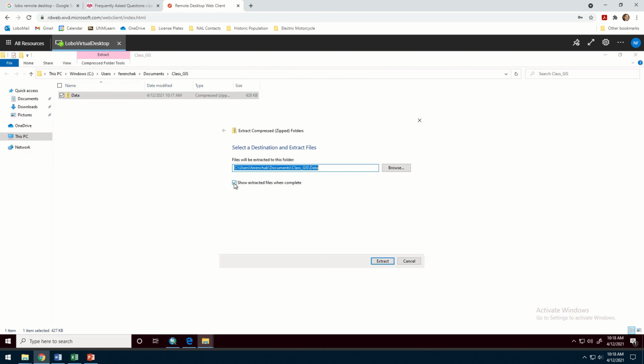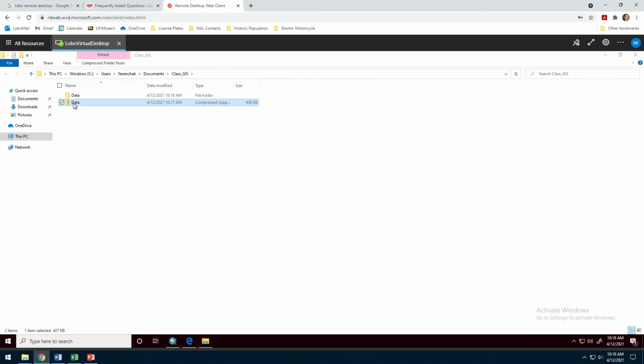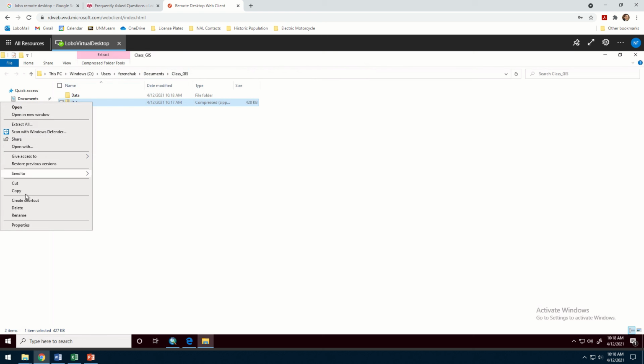I never like it when it opens a new screen, so I'll uncheck that. And we're just going to save it in exactly the same spot. You can choose wherever you want, but we'll just save it there. We'll hit extract, and now you can see that we have our compressed zipped folder here, and we've uncompressed it right there. So we can delete the compressed one. We're done with that. We don't need it anymore. Right click, delete,